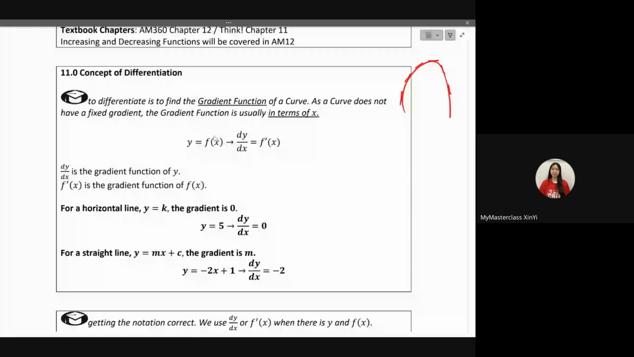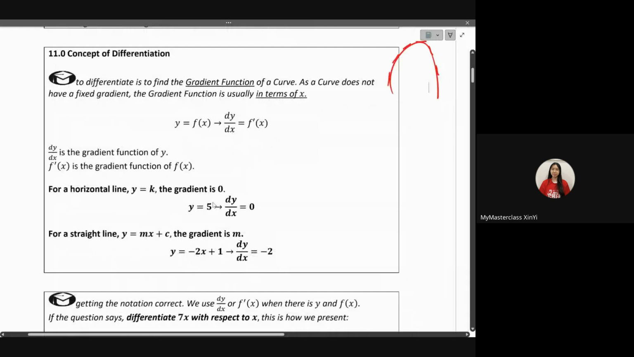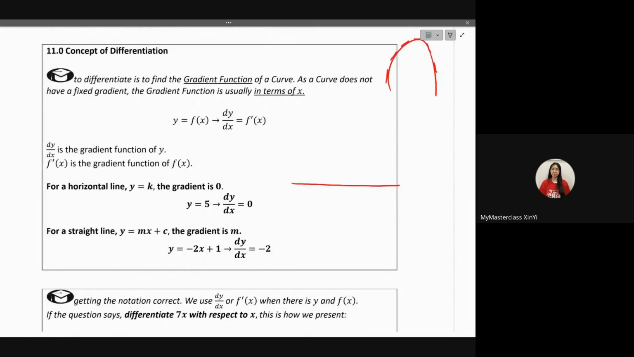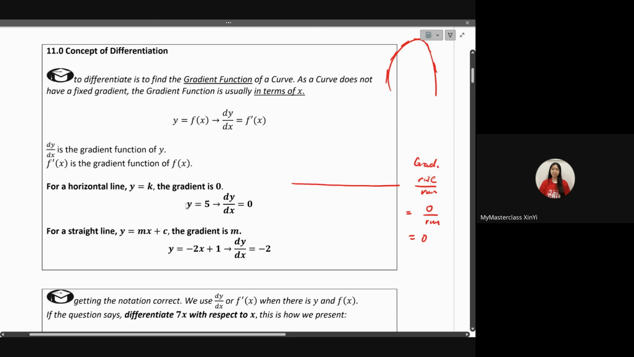Let's say, for example, a horizontal line looks like this. When I talk about the gradient of a horizontal line, remember gradient is just rise over run. For a horizontal line, there is no rise, but there's some run. Therefore, the gradient is 0. Which means, in other words, for a horizontal line, it's always of the form y equals to a certain constant